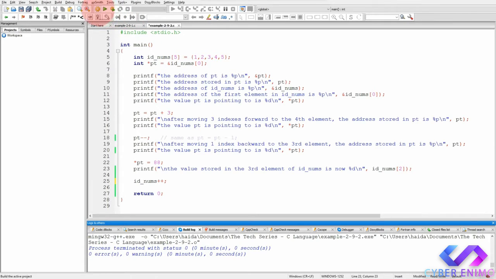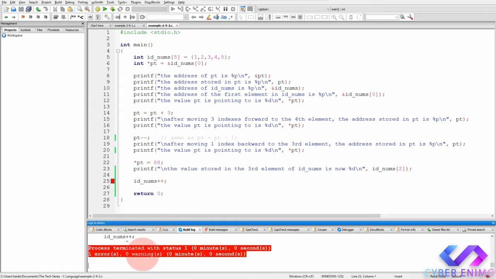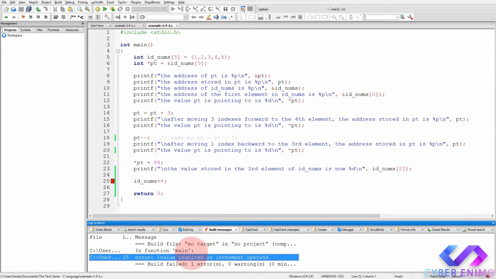And so let's try and compile. And indeed, we have an error, and it's pointing us to line 25. That's because, like I said in the slides, an array name is a constant pointer. It cannot point to any address other than the address of the first element in that array. So I'm going to comment this line out,